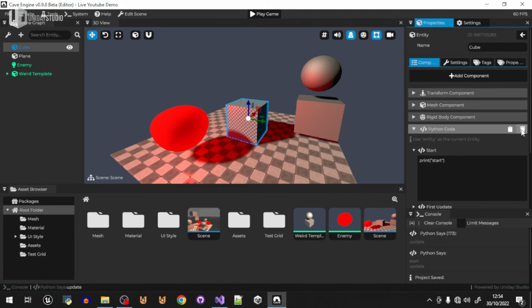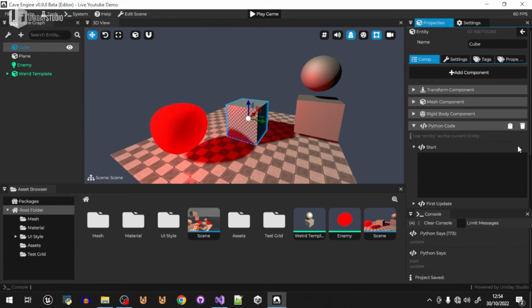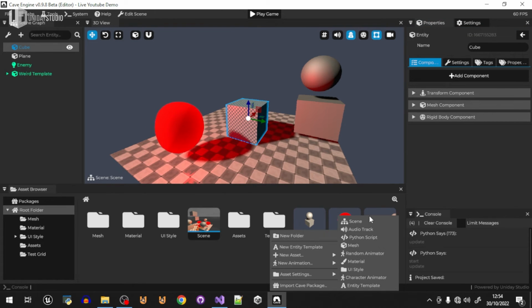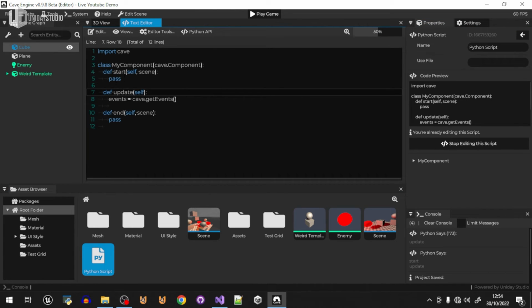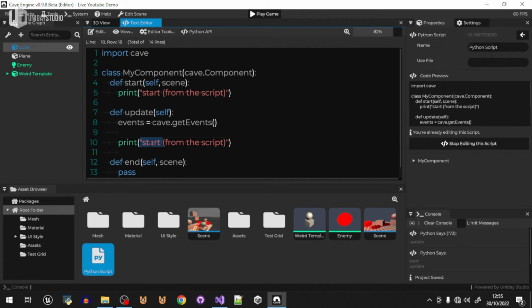But there's another way to add logic to this. If you want to add, again, simple logic, this will be enough. But if you want to add more logic, we can always right click here, new asset, Python script. Now we have a Python script. You can double click it to open it, and then you have a complete editor here inside Cave. So print start from the script. So you can see the difference. And I will copy this and paste update. Oops,